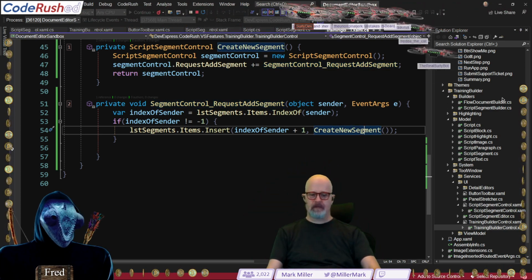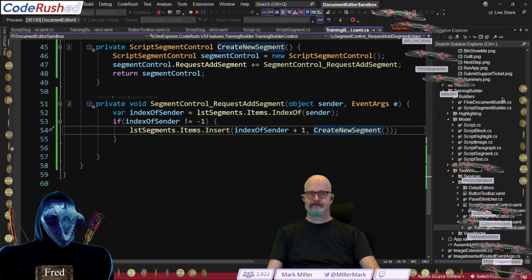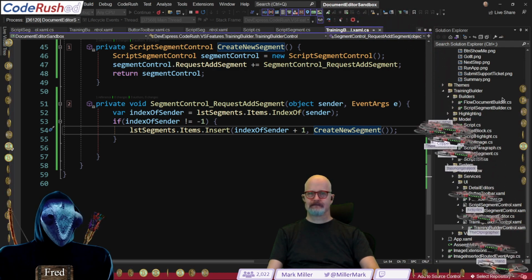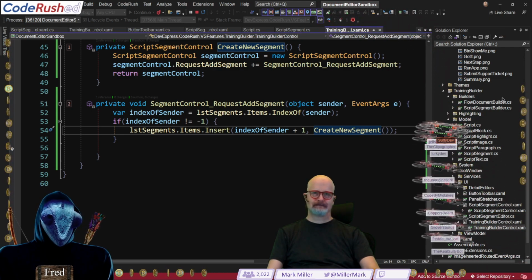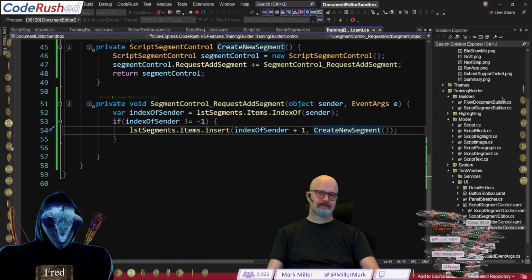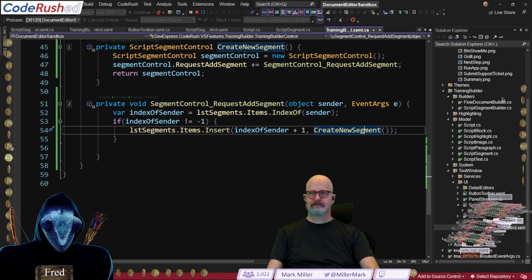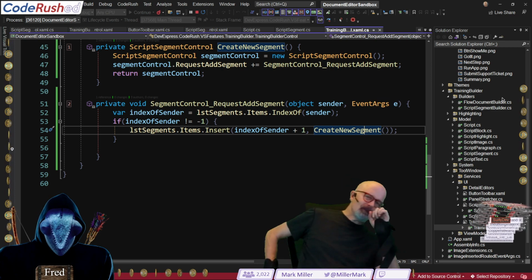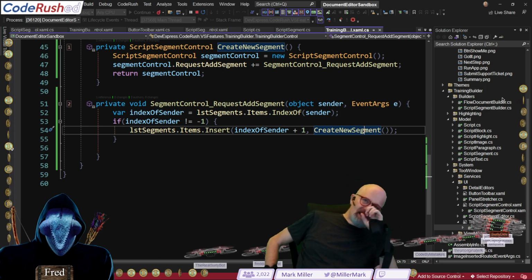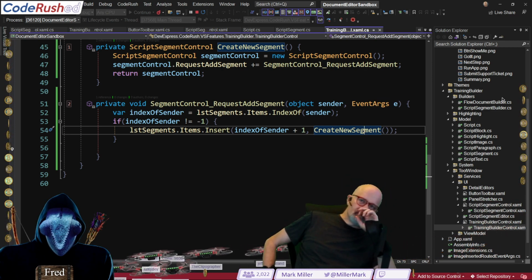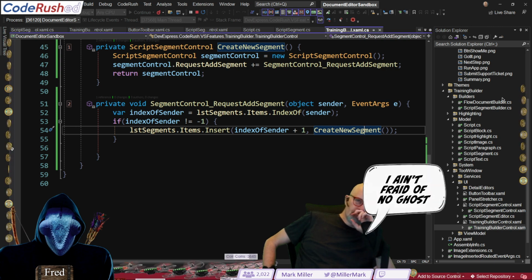So if we just return a reference to that segment and give it a property that will allow us to set its text box, how do we then get that reference? Maybe we could have the model's custom event that passes that data in, perhaps.